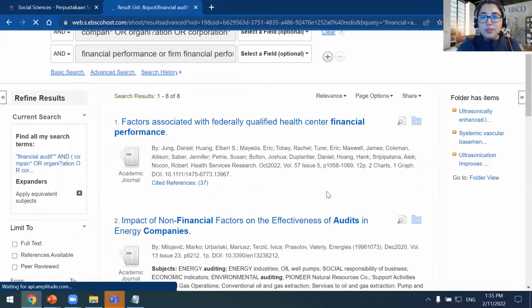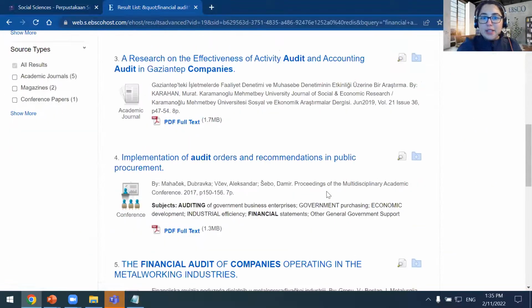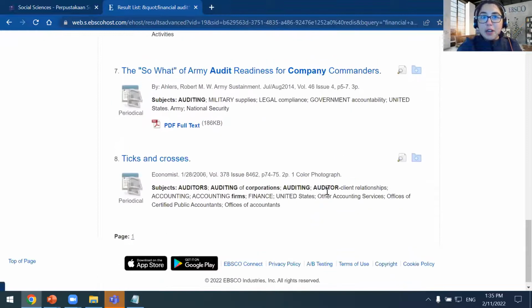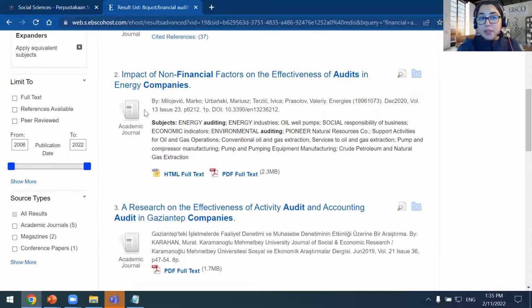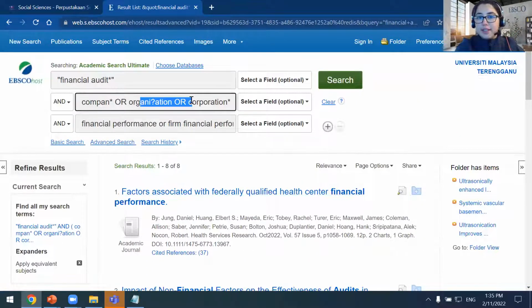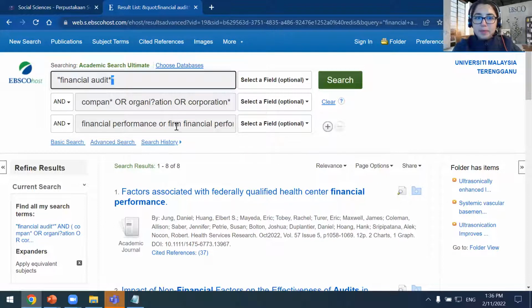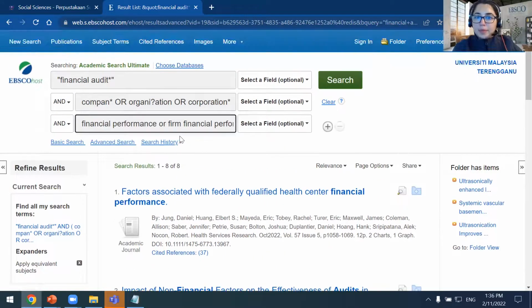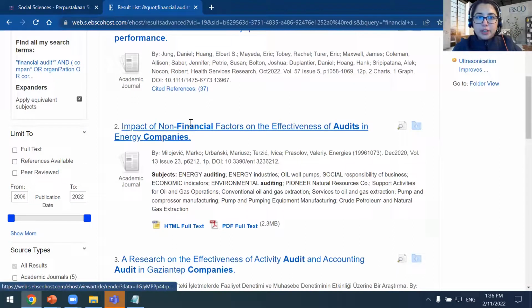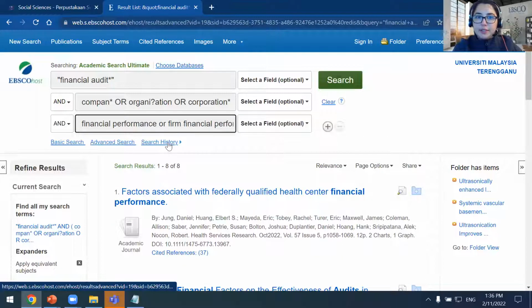So you can see all the different results I'm getting here. So it sometimes can be very specific. It can be a very specific search. And so for that reason, I can end up with less results than I would if I didn't add some of these limiters. So I can always revise on this search if I wanted to.